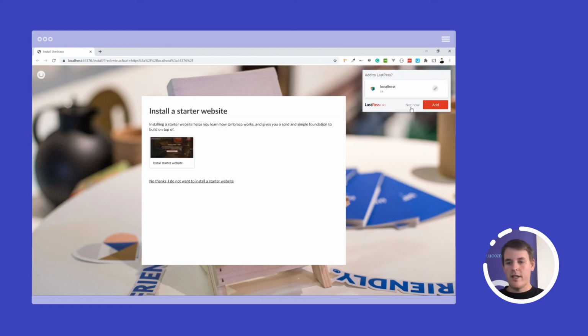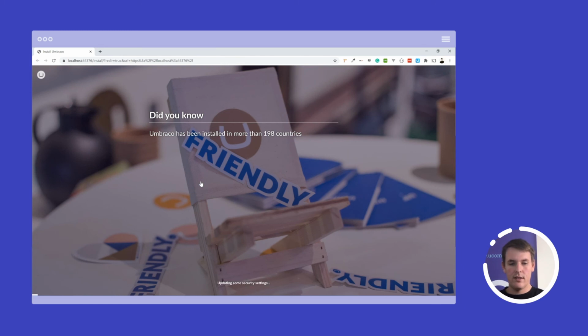And I don't want a starter kit. And now Umbraco will install, and WooCommerce will actually also install in the background. So once the website reloads, WooCommerce and Umbraco will be installed all together.